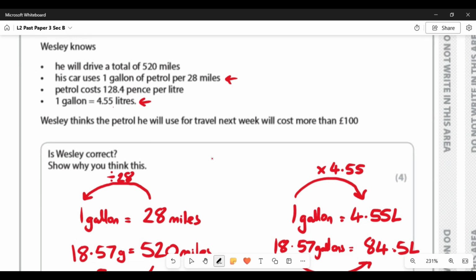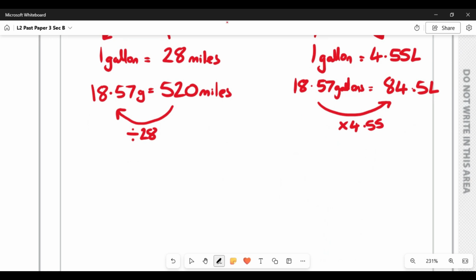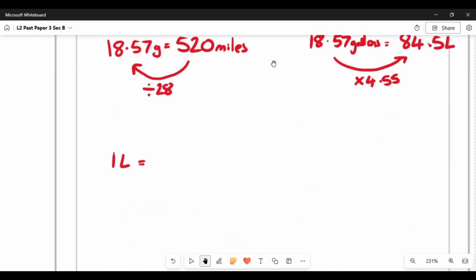And now I need to change the litres to pence, so I'm going to choose this one. And it says 128.4 pence per litre. So for every litre, let me write this down, 1 litre equals 128.4 pence. Yeah, just be careful you don't think of this as pounds. It's definitely just pence at the moment. We've got this many litres, 84.5. I'm going to write that here